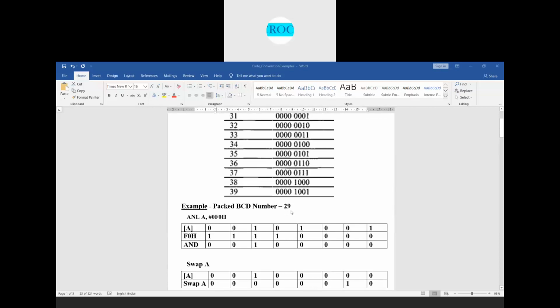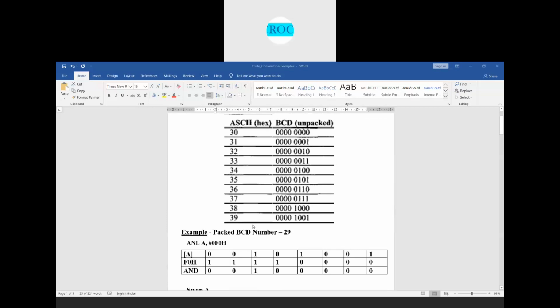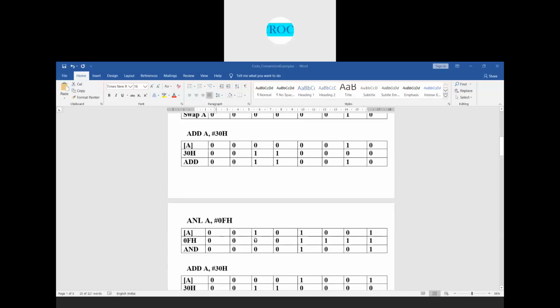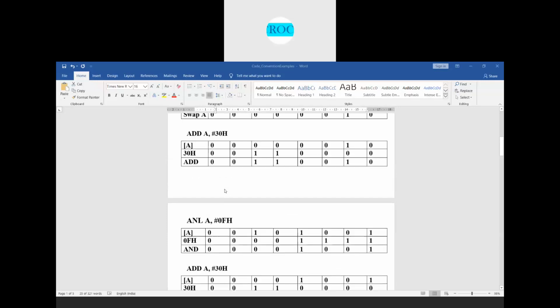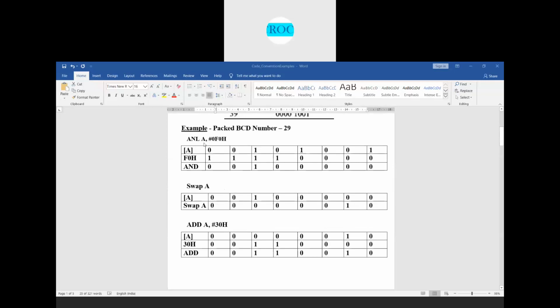Next we have 9. The 9 also needs to be converted to 39 here. So what I do here is ANL A, again with the accumulator holding the content 29, and I AND it with 0FH. In the previous AND operation we used F0, so we took only the upper nibble there.